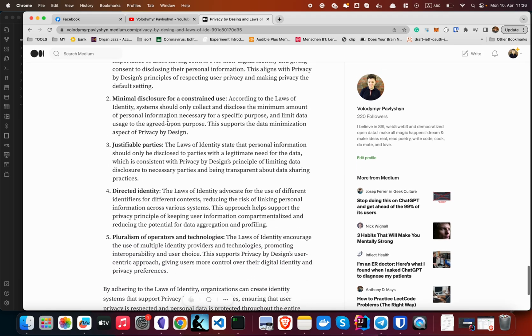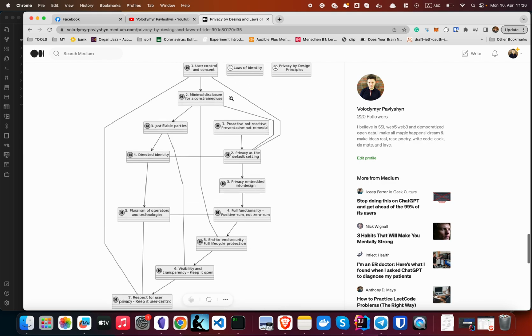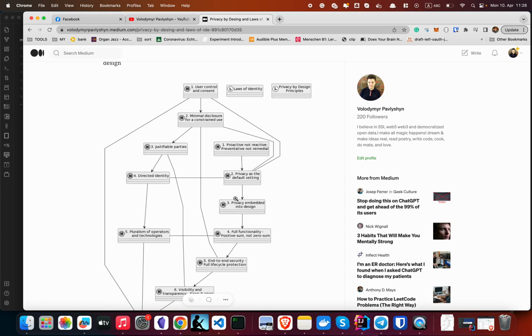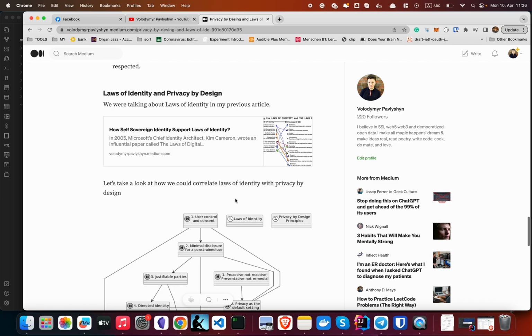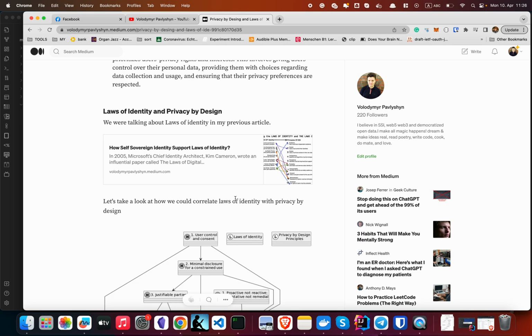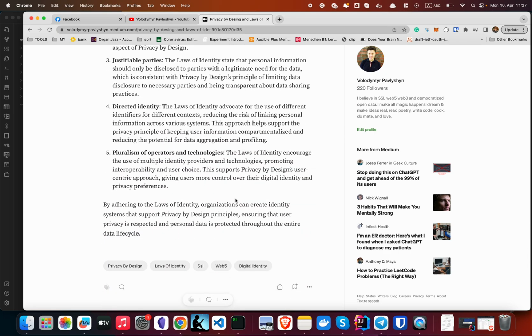I try to explain the correlations here. Every paragraph has the laws of identity and what kind of privacy by design principle supports it. So we definitely see the correlations between the items, and I believe these are two cornerstones and two quite important papers that every person who works in the identity space should read and deeply understand. And it creates the triangle: the principles of privacy by design, the laws of identity, and the principles of SSI. If you build SSI systems, it's super important to understand. So that's why I decided to make